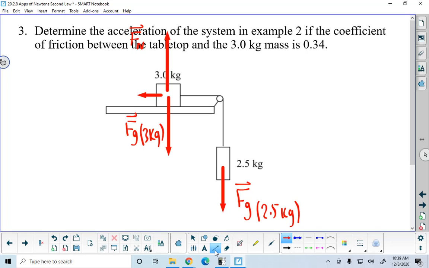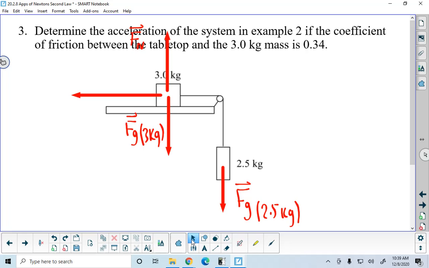Now, just look up here. If you're doing some calculations, just stop for a second and look up here. What if the force of friction is that long? What would the acceleration be? Well, it would be 0, right? Exactly. It's going to be 0 because there's not enough applied force pulling the thing towards the floor to overcome